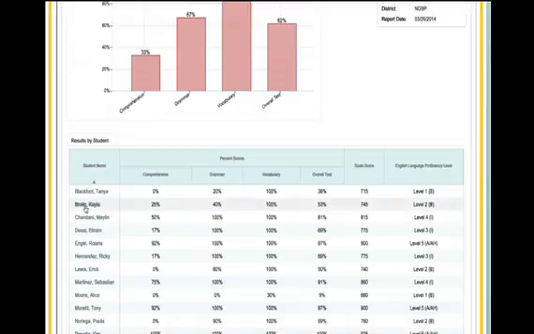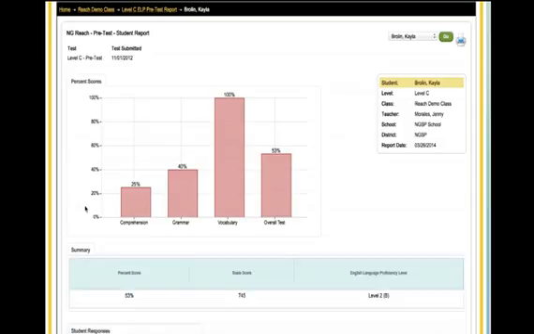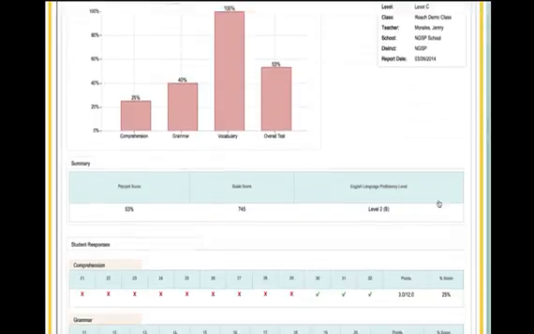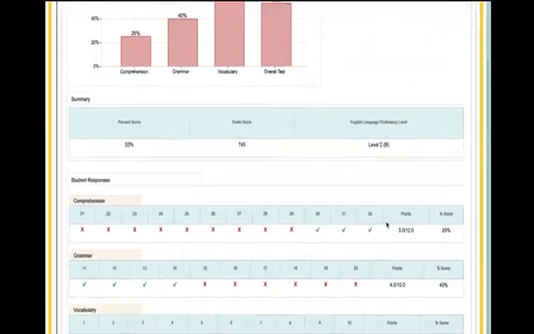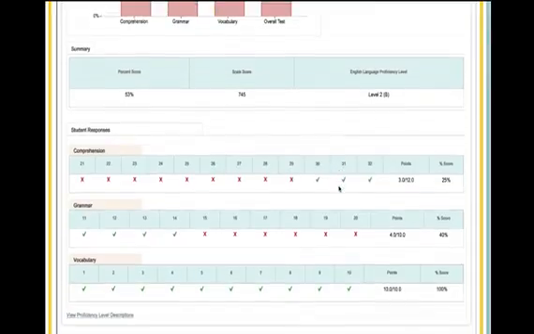When I click on Kayla's name, I now see an individualized report for Kayla alone. I see where Kayla scored on comprehension, grammar, vocabulary, and the overall test. And as I scroll down, all of that information is provided for me. Kayla didn't score very well on comprehension, as it says here, 25%. So Kayla's information has been provided for me by area,